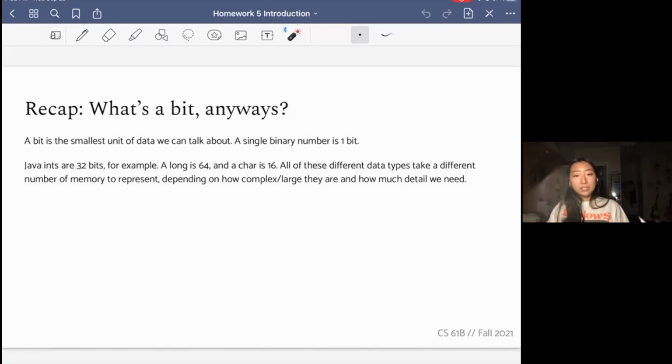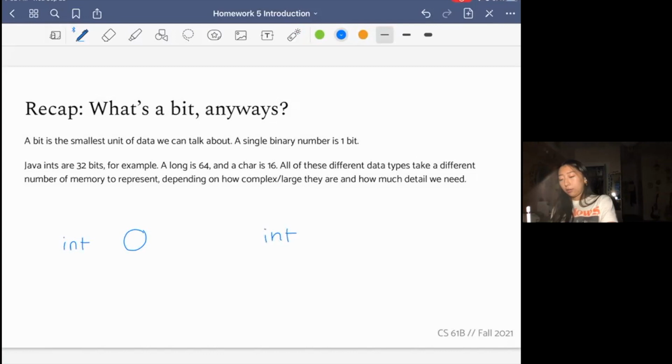And all of these different data types take a different amount of memory to represent, depending on how complex or large they are and how much detail we need. And I want to point out something important, which maybe seems intuitive, maybe not: it takes as much storage or memory to store the number 0, if it's an integer, as it does to store an integer like, I don't know,